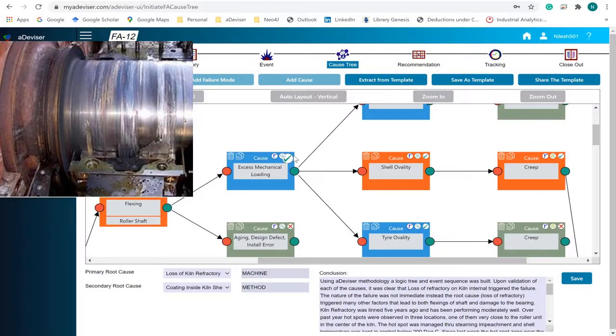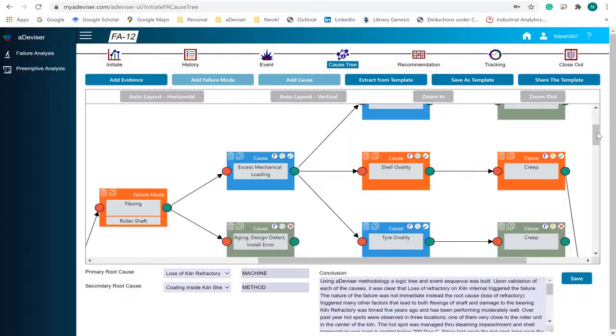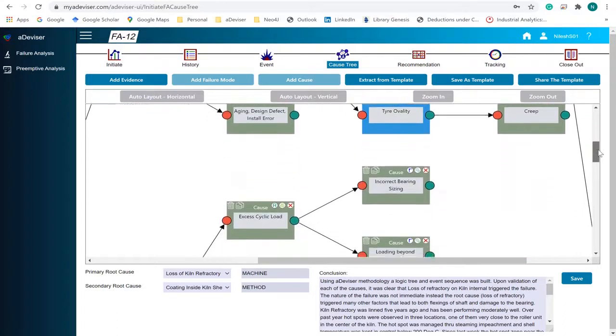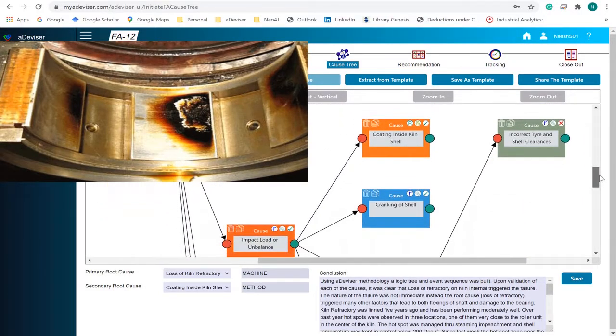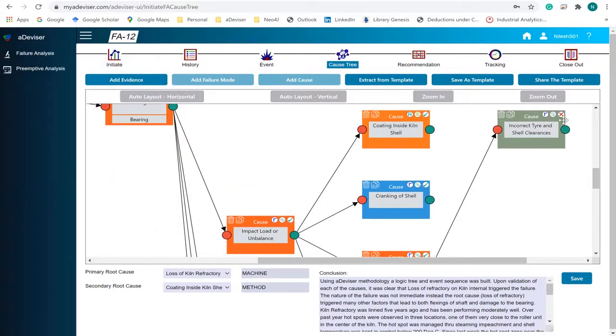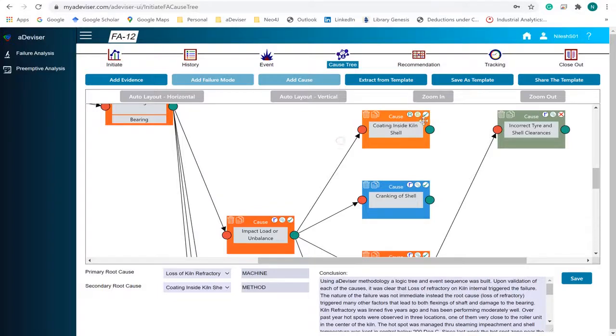Kiln refractory was lined 5 years ago and has been performing moderately well. Over past year, hot spots were observed in 3 locations, one of them close to the roller. In past few weeks, the hotspot zone near the roller unit has been spreading and the unit was exposed to